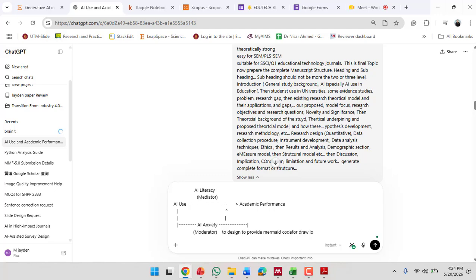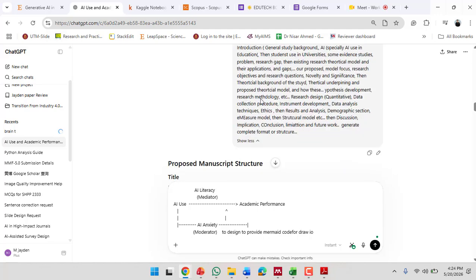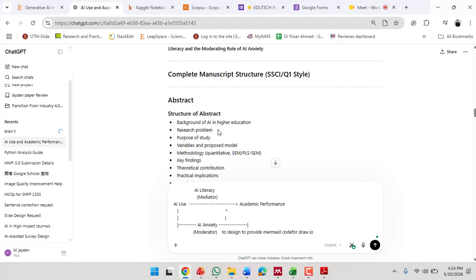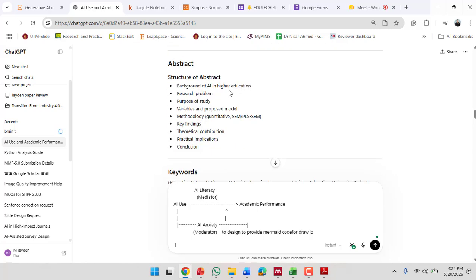This is the format: background, structure, problem, and this is the abstract. You can add or delete, depending on the number of words you want to write in the abstract. For the first line of the abstract, I always write a motivation line as a general introduction; sometimes I write the problem directly in the first line. In the second line I explain the purpose, objective, and role. Third, I give the theoretical background of my study, only the theory, or the extended theory if I extend it. In the fourth line, I write the methods, whether quantitative, the data collection procedure, and the sample.